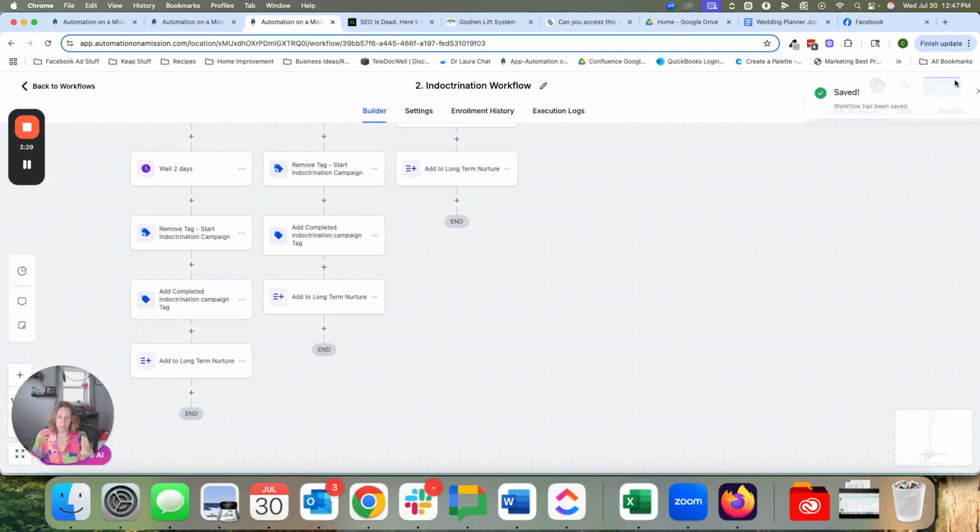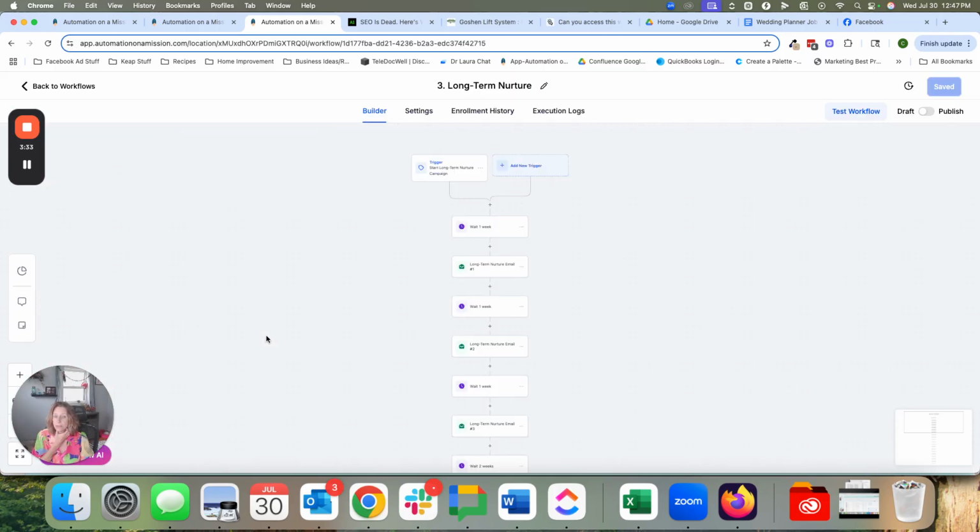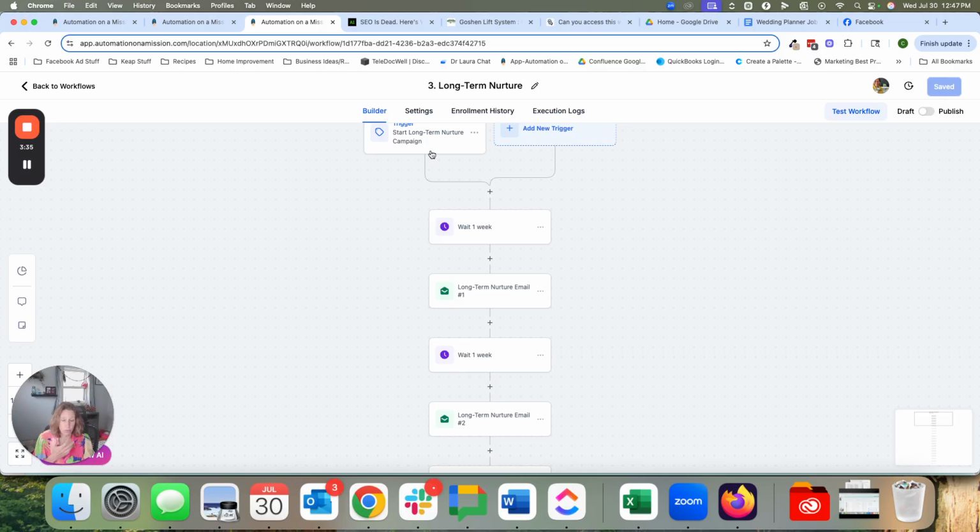is we're going to go into the long-term nurture workflow right quick, and you'll see here that you could have somebody, in this case, enter this workflow via a tag, or in our case, we've pushed them in here and they're going to start at this point and go through this entire